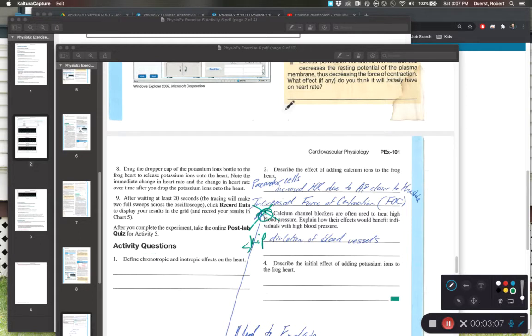contraction. As we look at question number 2, describe the effect of adding calcium ions to the frog heart. Officially, and I've already had this jotted down, it's going to affect the pacemaker cells of the sinoatrial node. It's going to cause an increased heart rate, because the action potentials are moving closer to threshold, and it also is going to cause an increased force of contraction. As we look at our data,